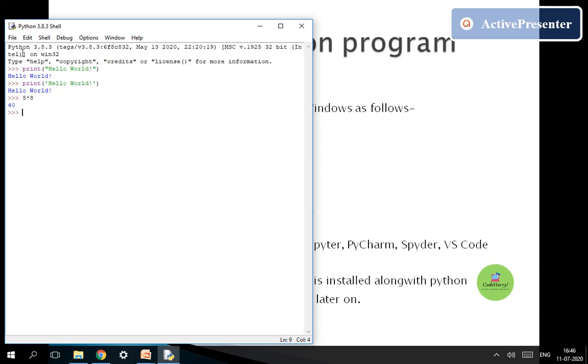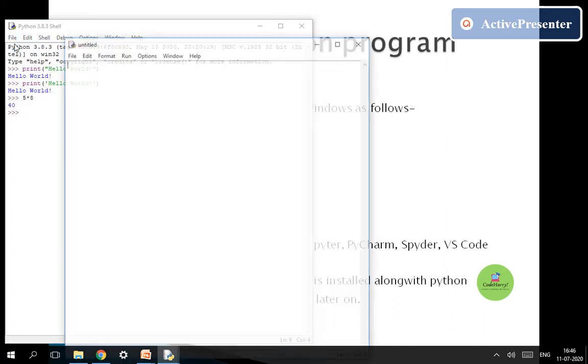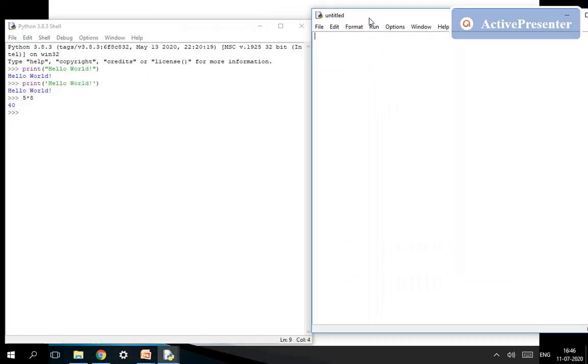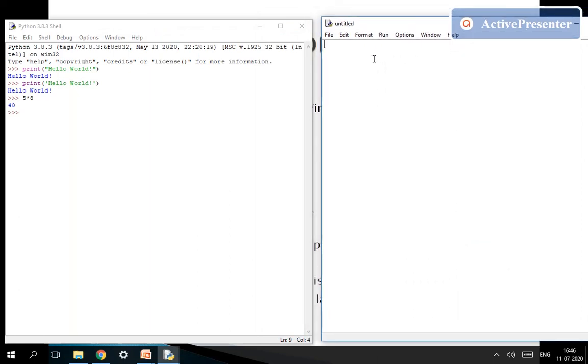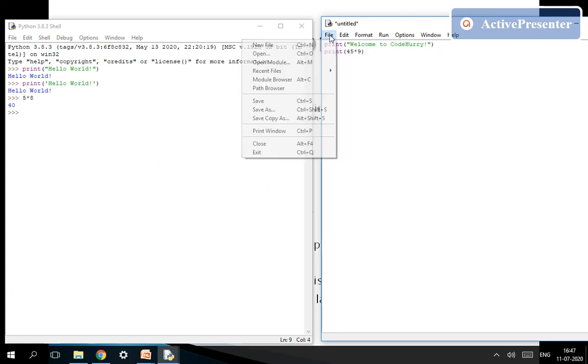If you want to save your Python program into separate files, you just need to start a new file and type your program here. We'll just try it. Now we need to save this file.